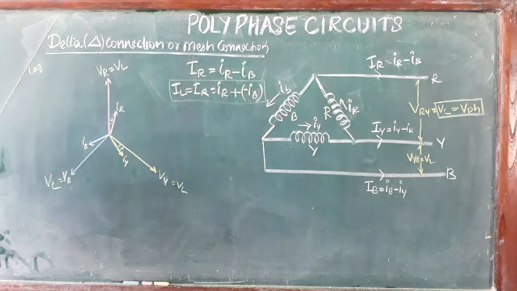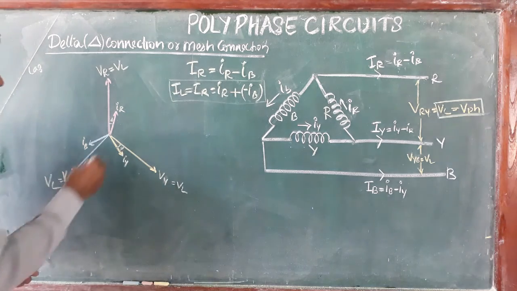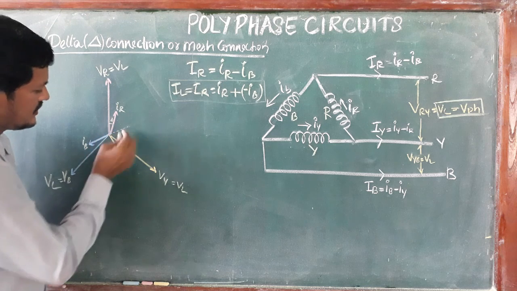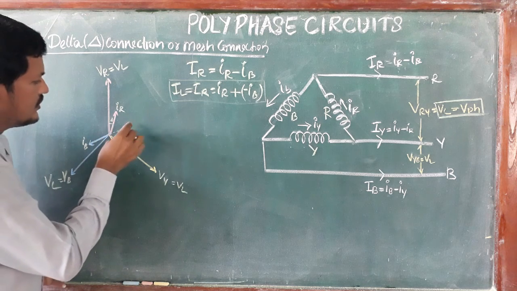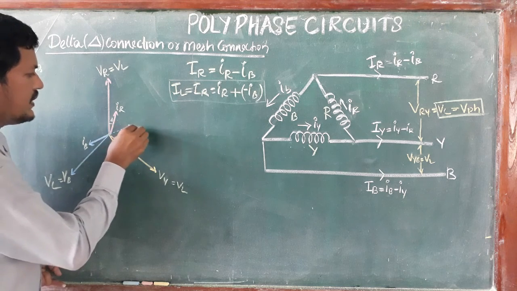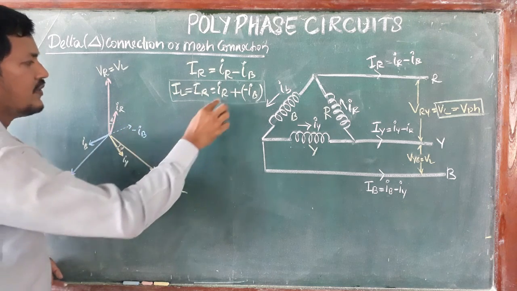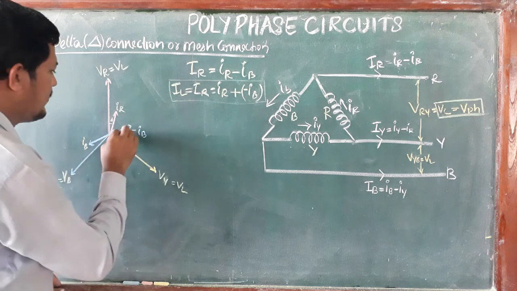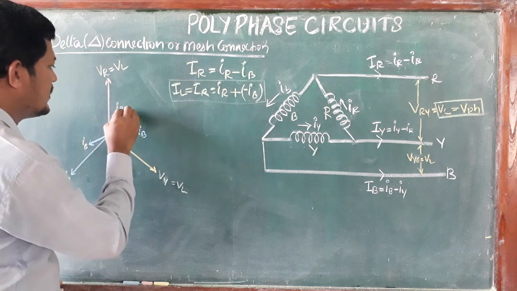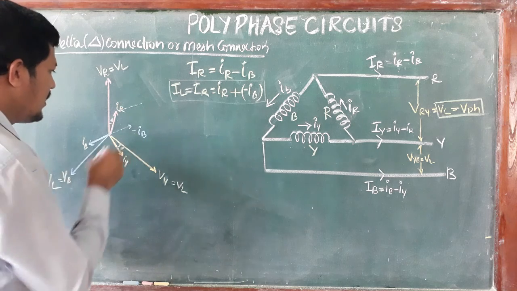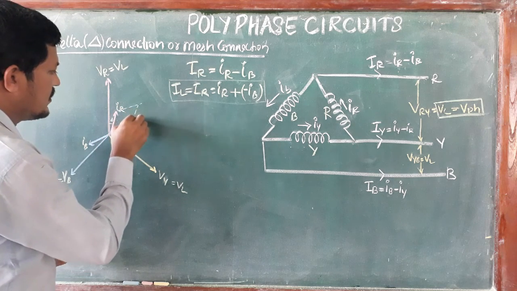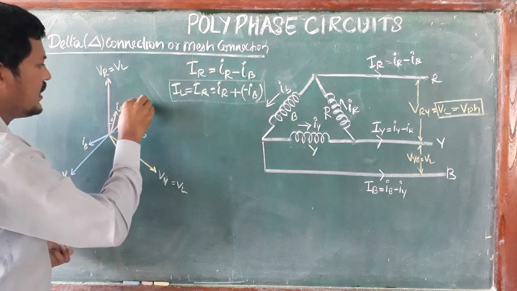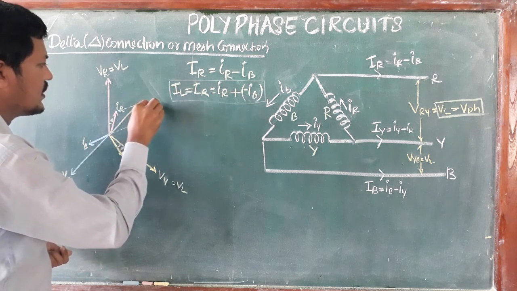Next we are going to find IR, or IL, equal to IR plus minus IB. So we have to extend its negative. So IB, here I am extending with the same magnitude. So we will get minus IB. Now the vector sum of IR plus minus IB. IR is here, minus IB is here. So now find the vector sum. A line parallel to this line is here, and parallel to this line here comes. So this is our total line current IR or IL.